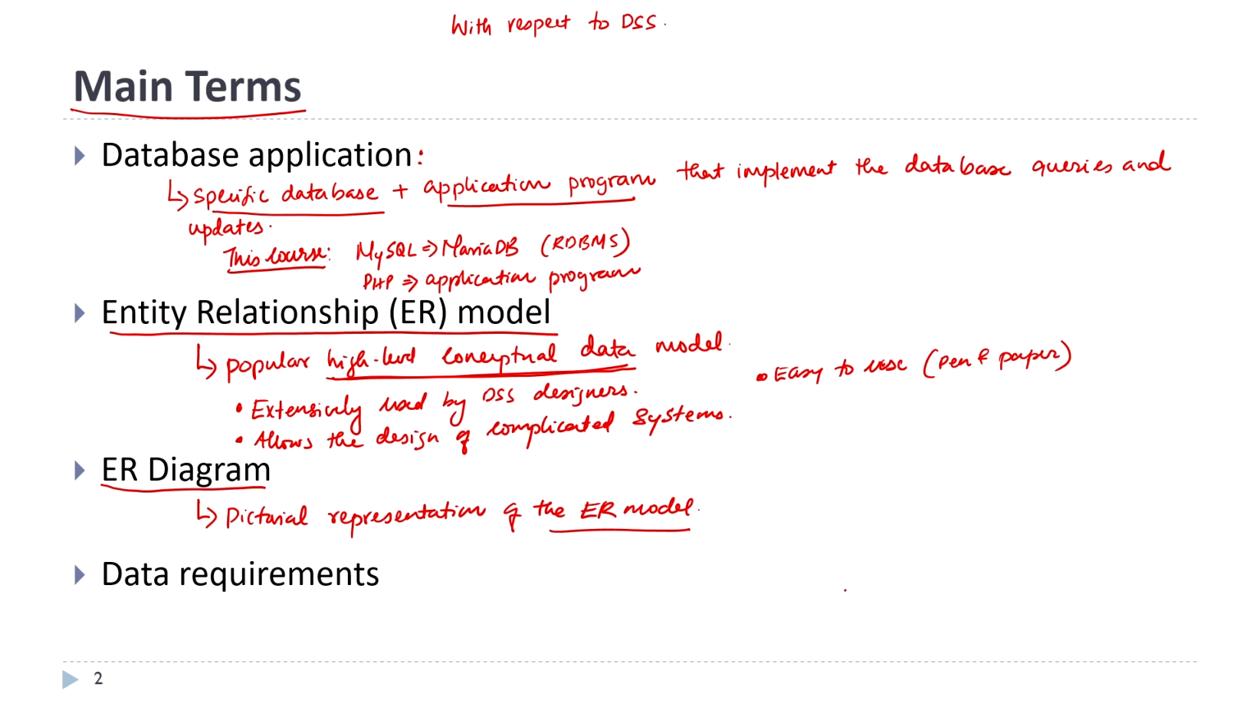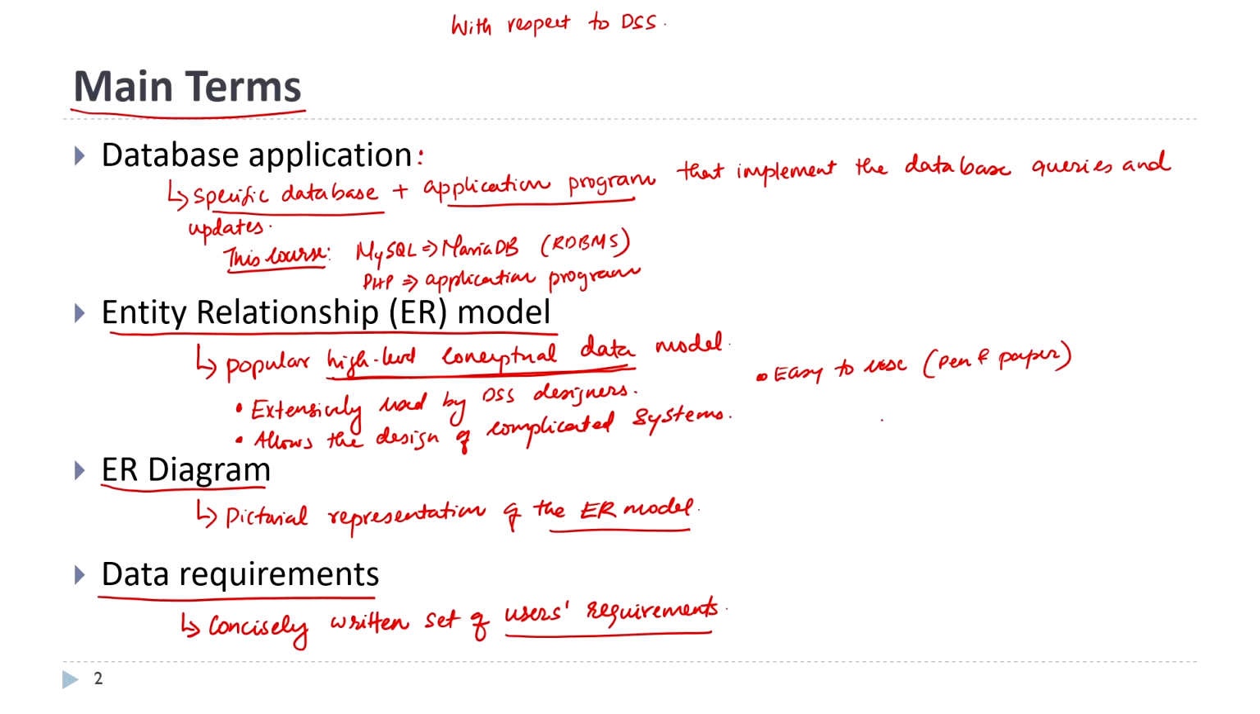So, that is a pictorial representation of the ER model, right. Then the last thing we also want to discuss here is the data requirements. Okay. For us in this course, data requirements means a concisely written set of user requirements. Okay. So, when the user requirements are given to you,